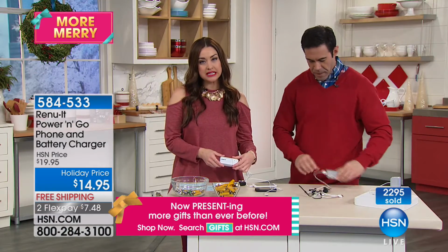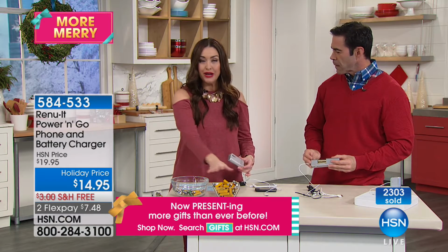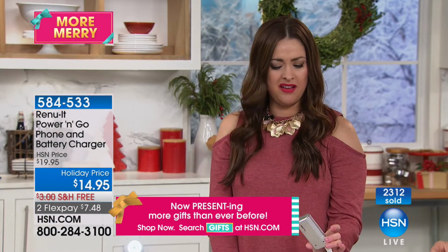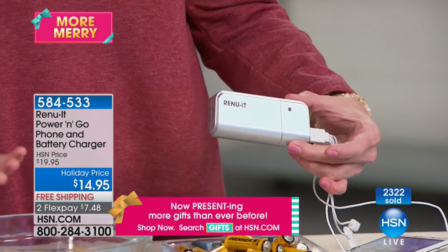I mean, for $14.95 to recharge your not rechargeable batteries, please let me stress that. You don't have to buy rechargeable batteries. These are your normal AA and AAA batteries that you're going to recharge over and over and over again. And I love that it's just a compact, lightweight little charger. It's also going to charge all of your electronics when you're on the go. If you're traveling, this is